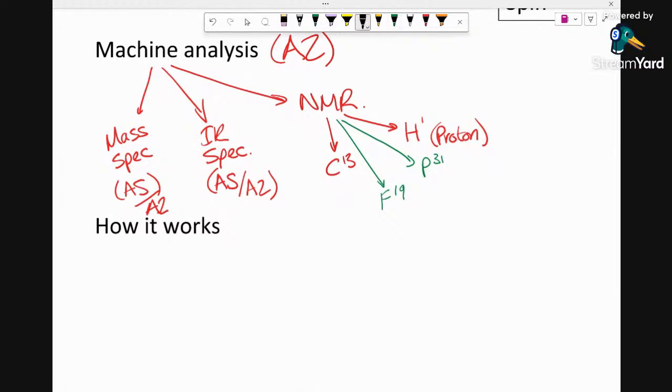And that's the fact that all of these NMRs rely on one particular structure of the atom. So all NMRs revolve around the concept of having an odd number of nuclei, an odd nucleon number. So this one has an odd number of 13, this one has an odd number of 19, 31, and of course 1. What this means is,